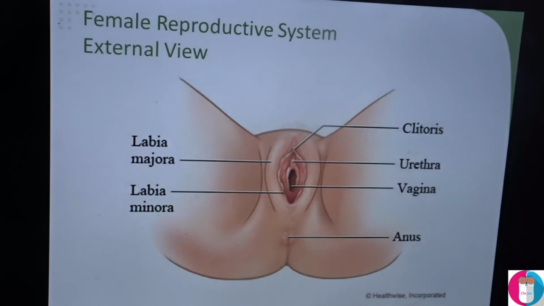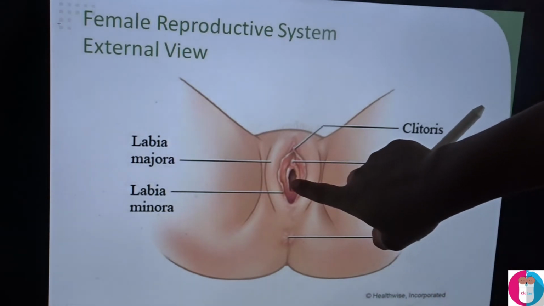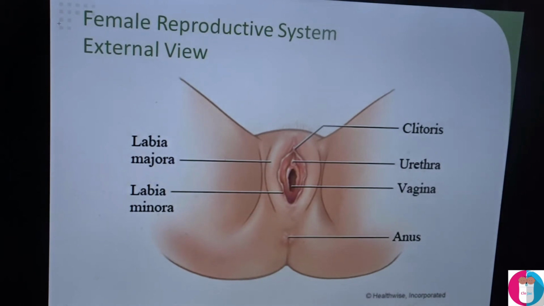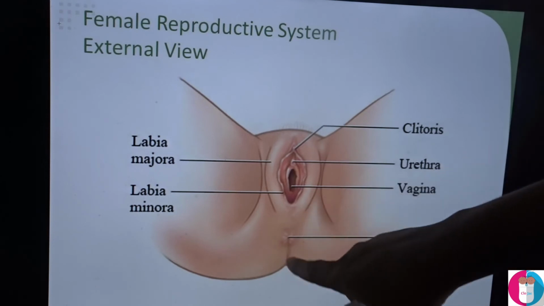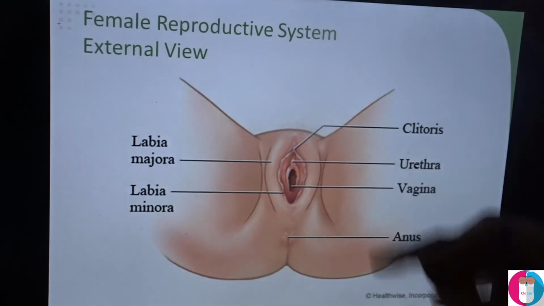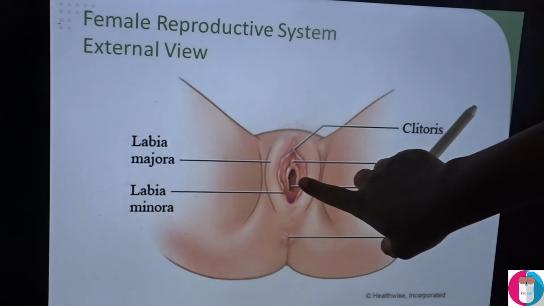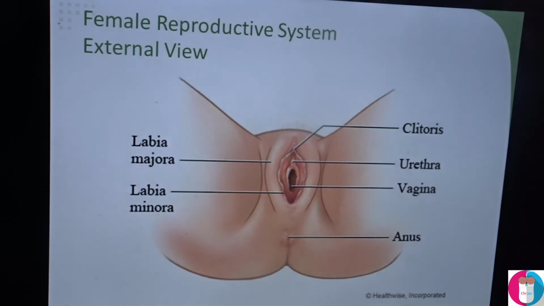And under the labia, there is also an external part of the vagina, which is this hole you're seeing in here. That is where the blood comes out during menstruation, and where sexual intercourse takes place. Babies are pushed out from this hole. We spoke about the internal part of it earlier on. The babies come out through this hole, and the vagina is very elastic